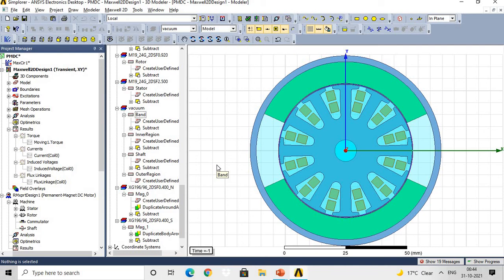So see, this is the 2D model of the PMDC motor for which we have given the design inputs. So under this model,